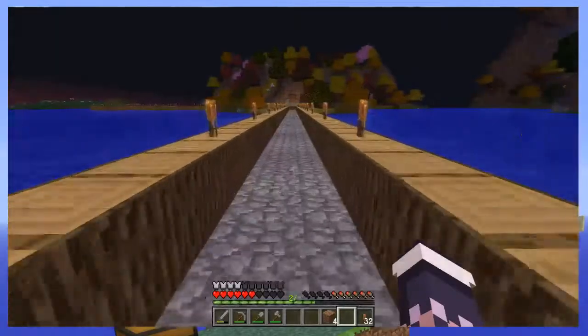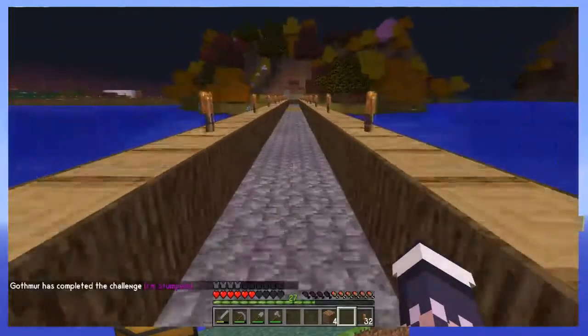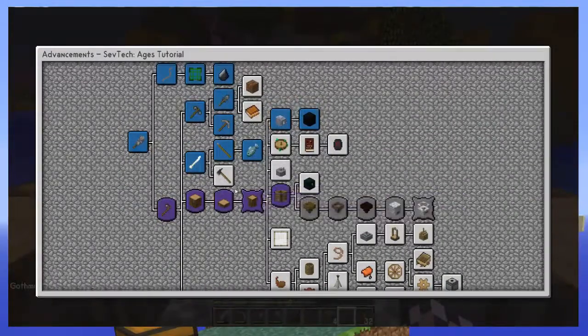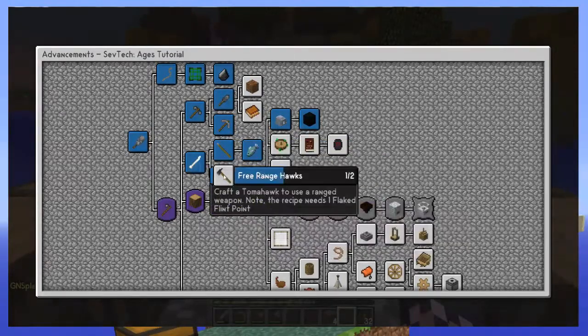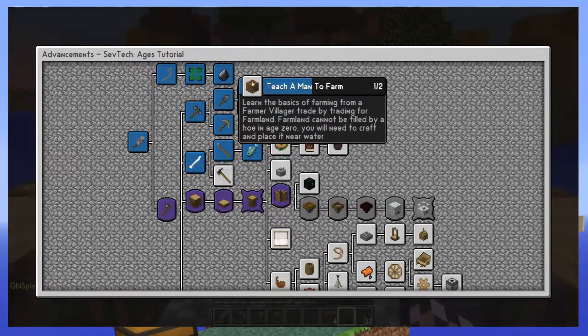And we can continue with the advancements now. So let's see. Like I said before, I'm not doing spearmint. I don't know why it gave me this. I think it's because I accidentally picked one up from another thing earlier before I started playing through this. So it acts like I have, and also I punched a fish. I'm not getting free range hawks because it's pointless. We are going to do these next, where I need to get...